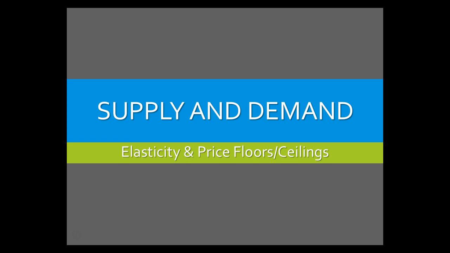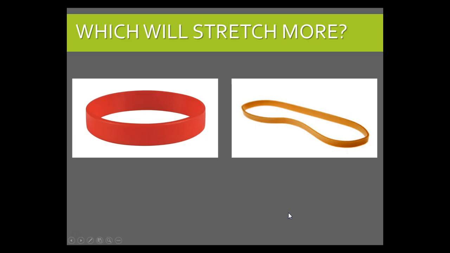So first we'll start with this idea of elasticity. When you look at these two rubber bands, one is definitely stretchier than the other. The one on the left is basically a silicone wristband, and that will stretch a little bit, but it takes a lot of effort to get it to move even a little bit. Whereas the band on the right is your traditional rubber band. It doesn't take a whole lot of effort or energy to stretch that significant distances. And so we would say that the band on the left is inelastic, and the band on the right is elastic, based on the amount of effort it takes to change its shape.